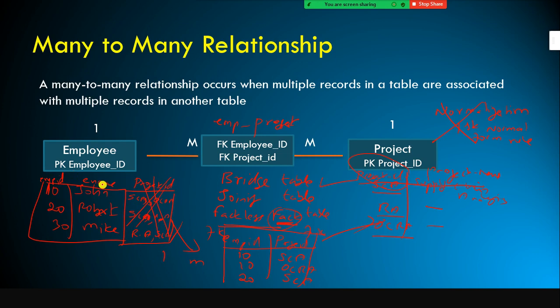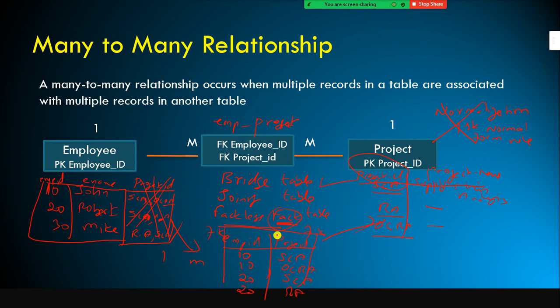So now you have only two columns. So John, I put John here. So John is working in SCA. In the next row I put 10 here. Again, a foreign key column can have more than one value, right? Duplicate values. And here is the second project which he is working on, that's what I mentioned here. And similarly, Robert is working on SCA, and again Robert is working on another retail analytics project. Fine. So this is called your bridge table.